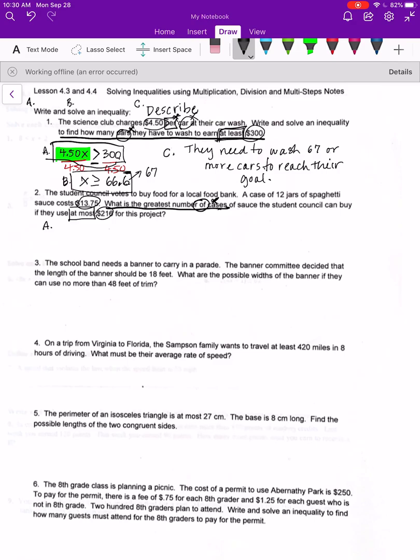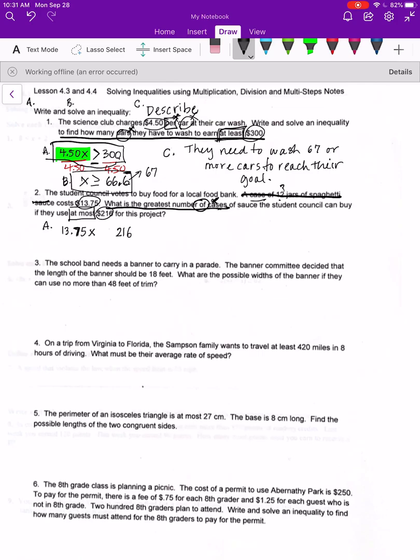So a case costs $13.75. Do I need to know, at least for my problem, that a case has 12 jars of spaghetti? Nope, I don't. Great information, but it's extra. It's a distractor, and so I'm just going to cross it off, okay? I just need to know they're $13.75 per case. So I'm going to take $13.75 and multiply it by X because we need to know how many cases. And they want to spend at most